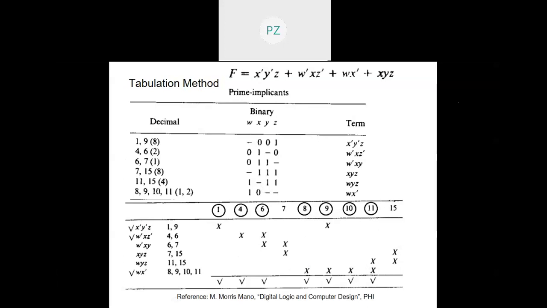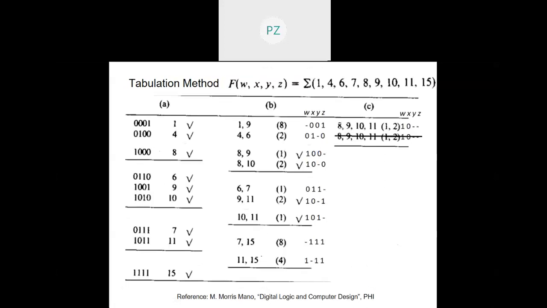Now, another thing that I must see is, is this method good only for sum of product simplification? No, it can do product of sum simplification also. What will be the variation? The variation will be that, suppose it had been pi 1, 4, 6 and so on, right? So in that case, I would have been grouping them. There will be two differences. I will be grouping them with the number of zeros in them. So 0 zeros in the first group, then 1 zero in the second group, then 2 zeros in the third group, and 3 zeros, and so on, right? I'll group them in such a way, and then I'll